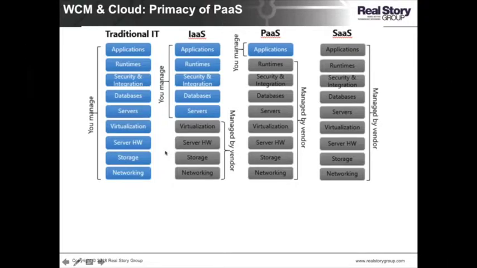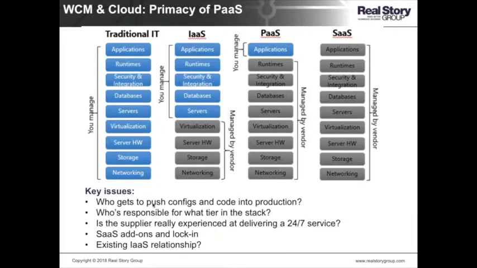Okay, so the other trend that we're seeing is, of course, around cloud. I think nearly all of the new WCM deployments that we saw among major enterprises last year, with maybe one exception, ended up being deployed in cloud. But the interesting thing is that software as a service, multi-tenant software as a service, except at the very low end of the market, really hasn't taken over. I think what we're seeing more is PaaS and infrastructure as a service. So I'm basically taking traditional software, and I'm either putting it in my Amazon environment, or I'm turning to the vendor, which may be able to support it as platform as a service. So it's still largely single tenant, so I can customize it and do interesting things with it, but the vendor is actually managing the environment.